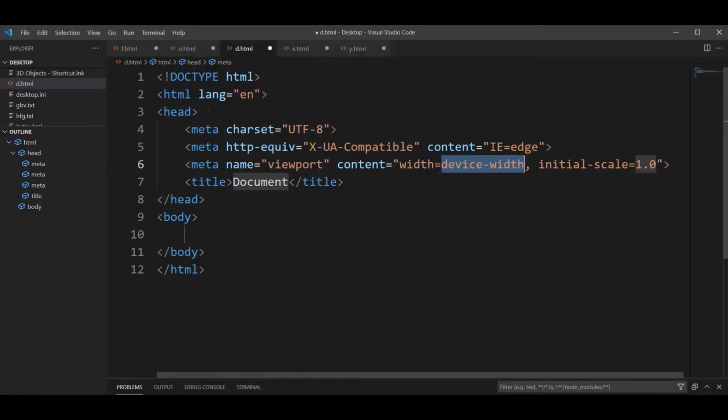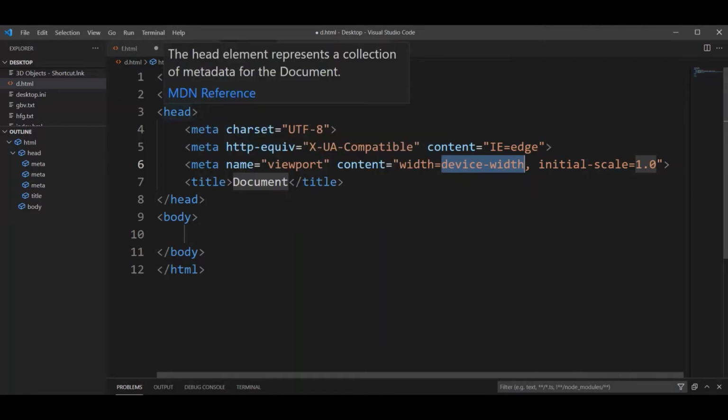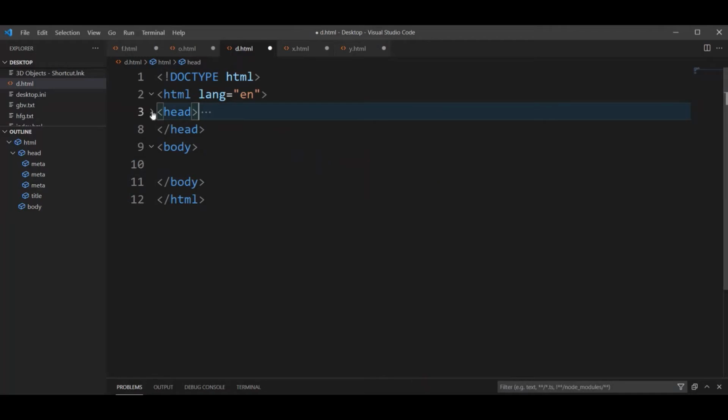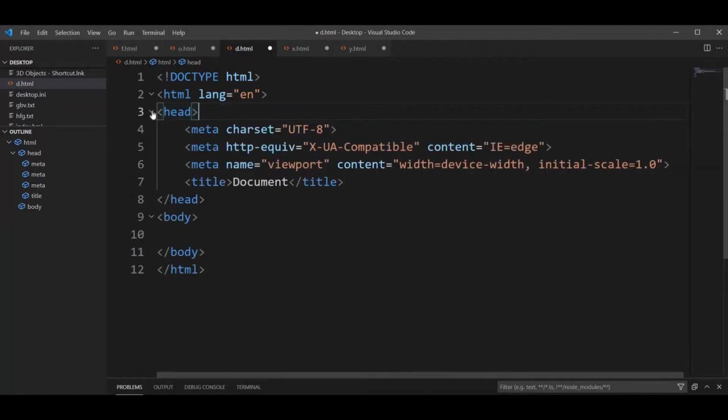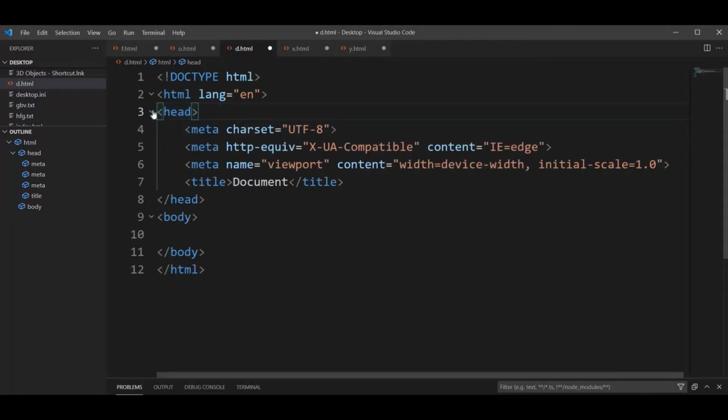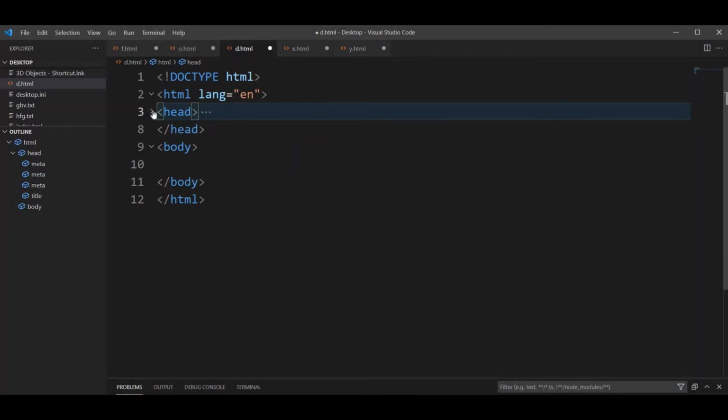Now we will understand, friends, this is the opening head. Apart from this, this option is known as code folding, and collapse, expand, collapse, expand.